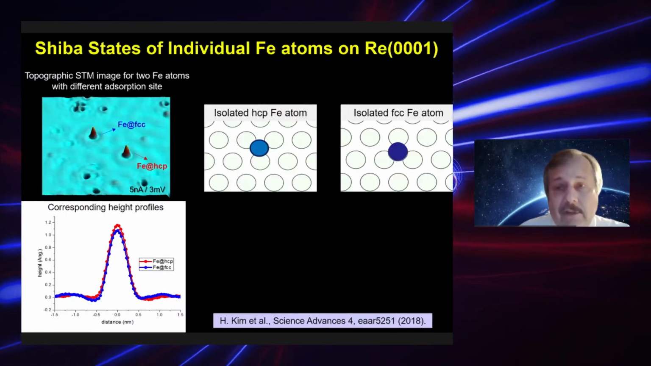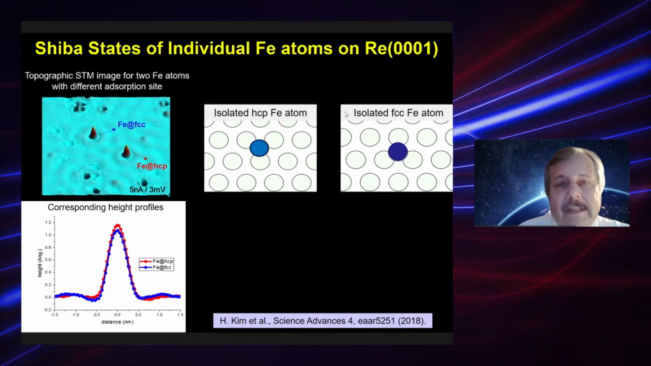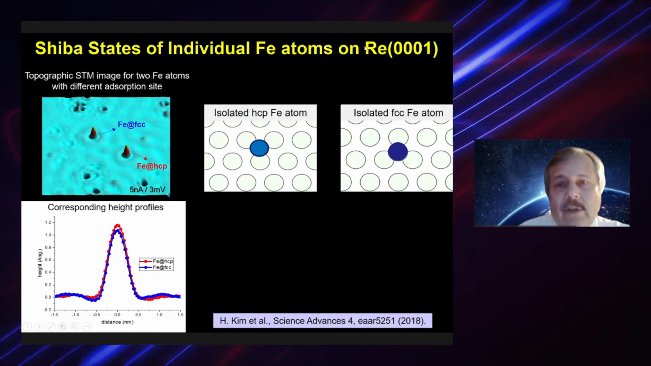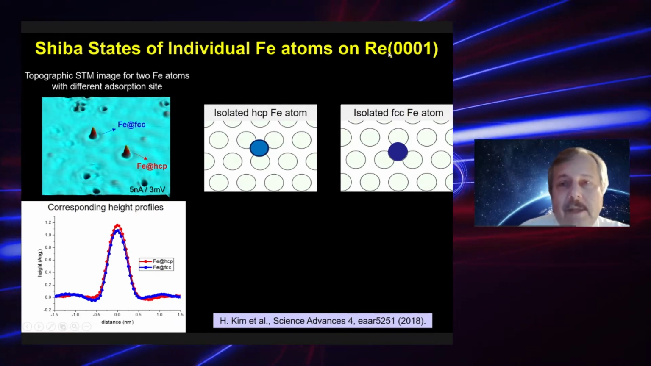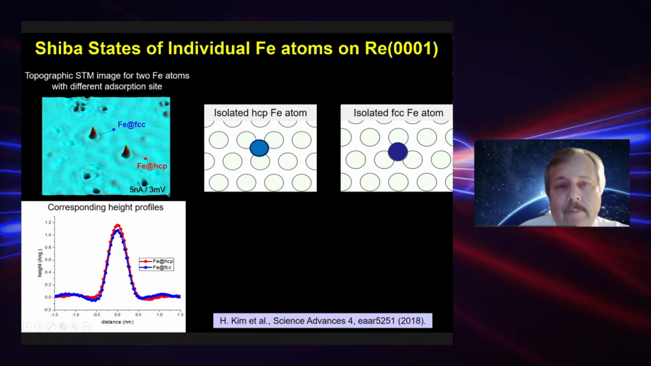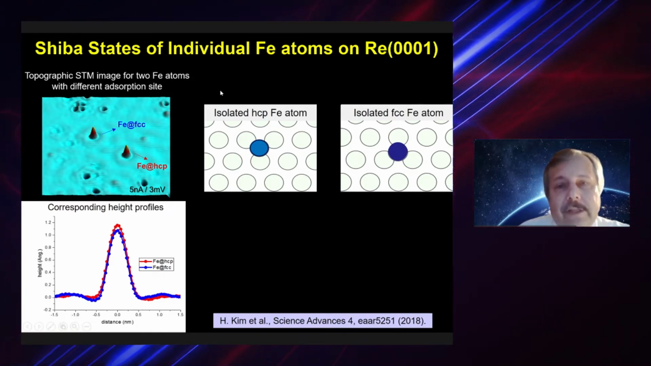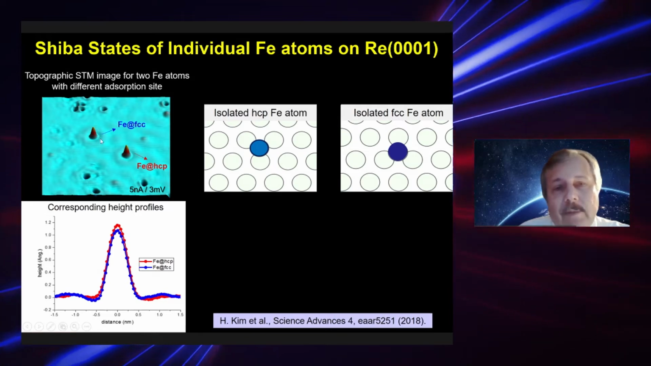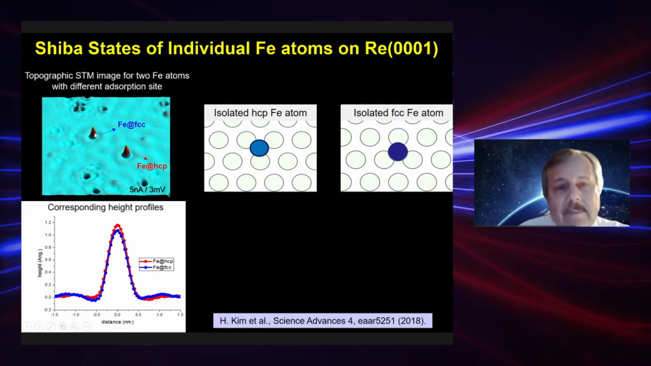Now, let me introduce the experimental system I would like to focus on first. These are iron atoms and chains on a rhenium 0001 substrate. Rhenium is an elemental superconductor with a Tc on the order of 1.3, 1.4 Kelvin. And here I first introduce individual iron atoms, which are deposited from the gas phase onto a clean rhenium 0001